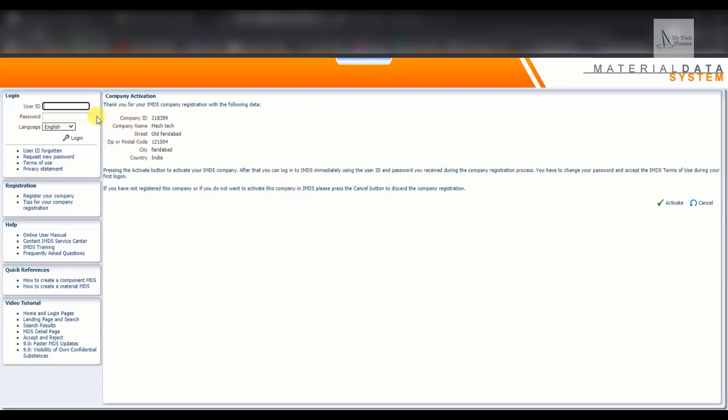Please confirm again all these details. Press the activate button to activate your IMDS company. After that you can log in immediately using the user ID and password you received during the company registration process. You have to change your password and accept the IMDS terms of use during first logon. If you have not registered this company, or if you do not want to activate the company in IMDS, please press the cancel button to discard the company registration.